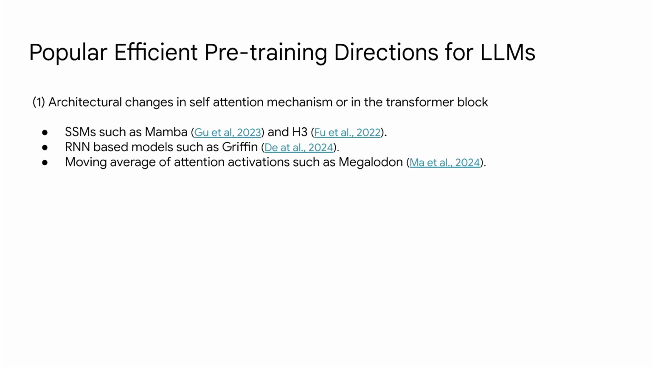A famous state space model was Mamba, and then H3. They changed both the attention mechanism and things in the transformer block, so it's a new block for language modeling. So yeah. Then very recently, Google DeepMind came up with a different paper where they showed that RNN-based